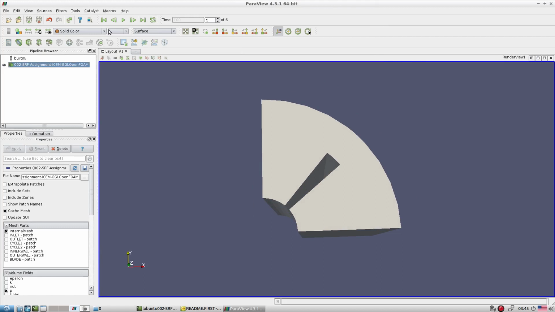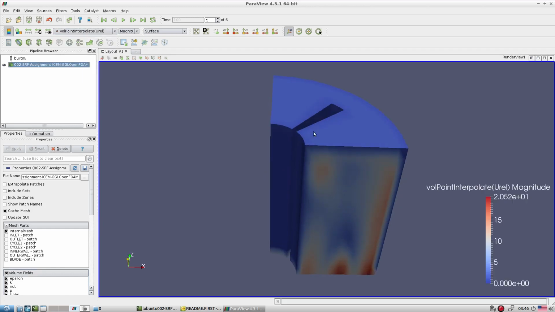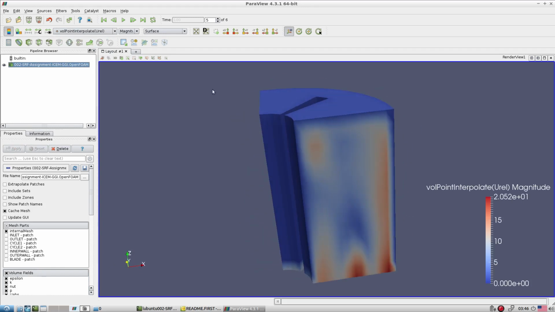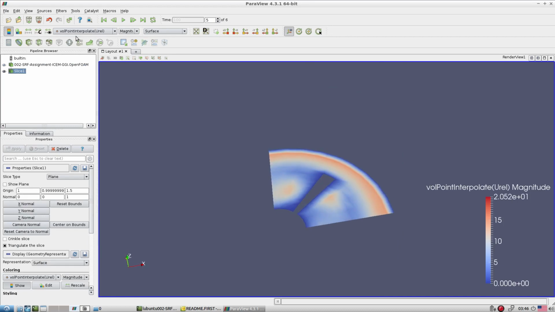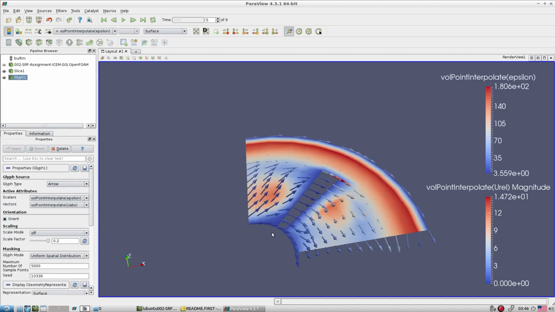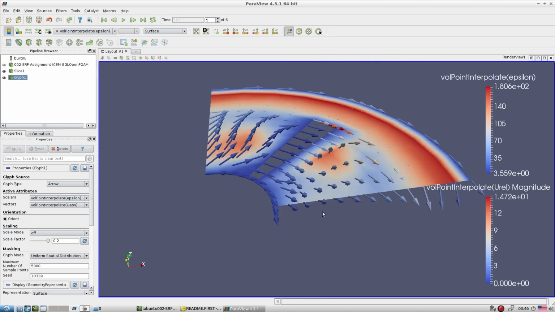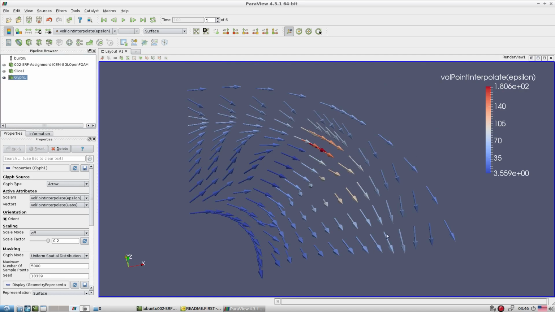Let's go to the last entry and try to add all the variables. So we have absolute velocity, relative velocity, everything. Let's cut the file at appropriate locations and look at how exactly it varies. Here let's give the vector plots, so it gives us the idea exactly what happened here. This is how whatever is entering from this side tries to leave from this side.